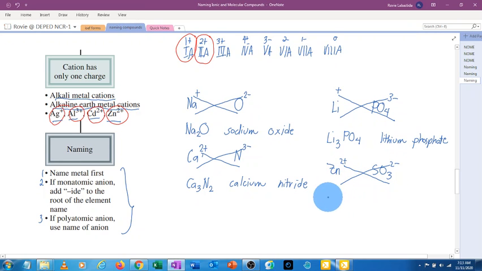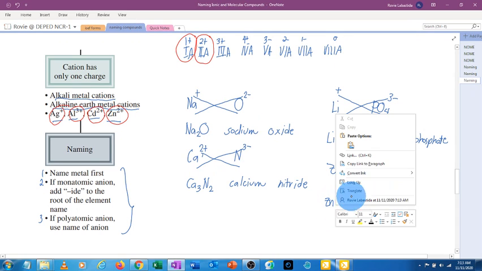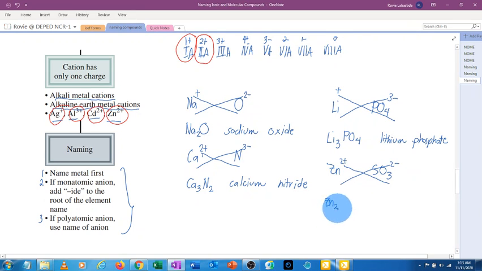Let's do the crisscross. So we will have Zn2, okay, 2. We bring down 2, and then SO3 2, right? If that is the case, we can actually express this to lowest term. So our final chemical formula is